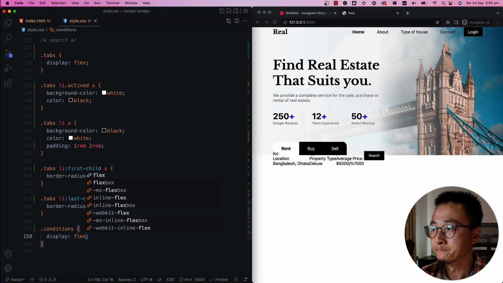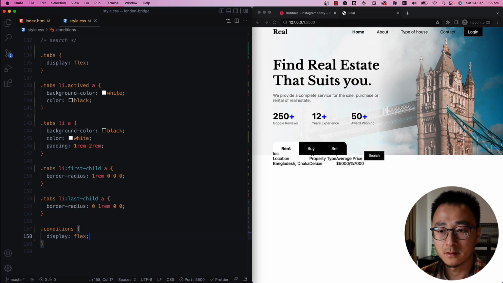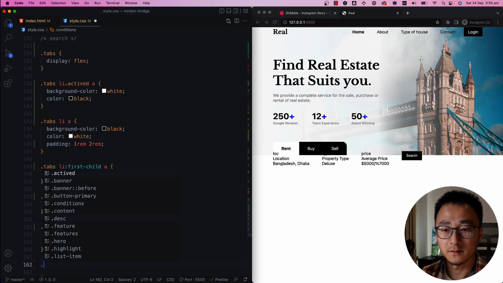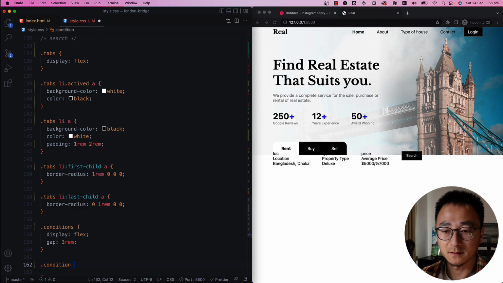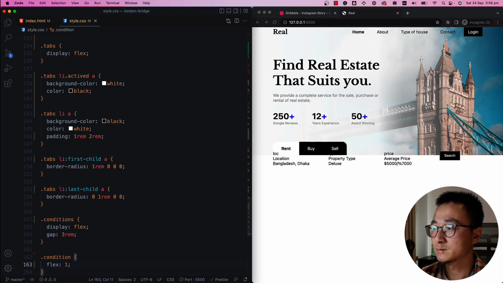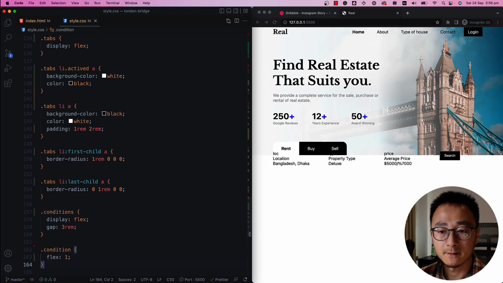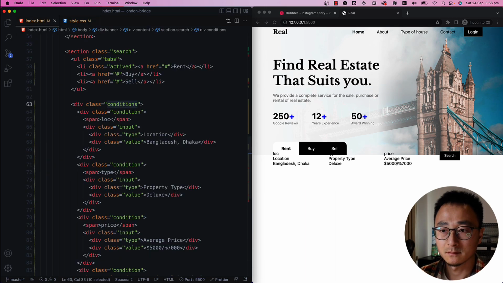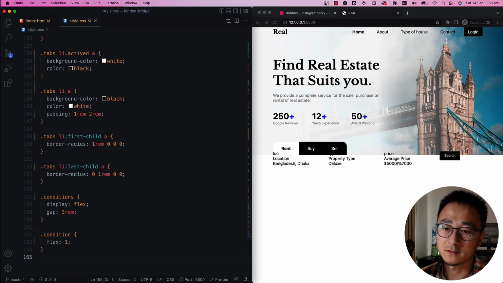All right, and for the gap, maybe we'll give it 3 rem, and for each condition inside, we need the flex to be 1, taking the whole available space. What else? So each of the condition itself is